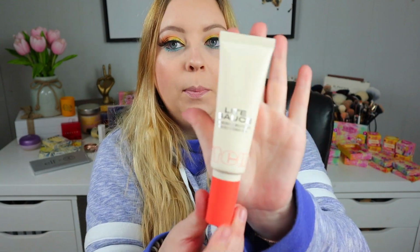And then we have from Item, this is the Light Sauce Balancing Gel Moisturizer. We sure have a lot of skincare products. So I do have to appreciate the packaging. The packaging is really, really cute. And I do like gel moisturizers over lotiony type ones. They just work better for me. I don't know if it has a smell. I feel like I'm smelling everything else right now, but it does feel really, really hydrating on the skin,